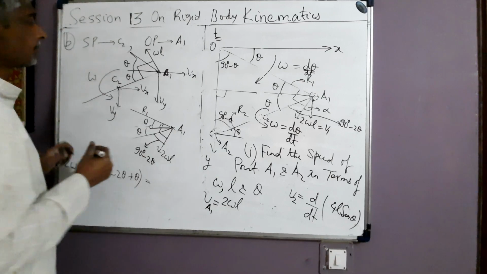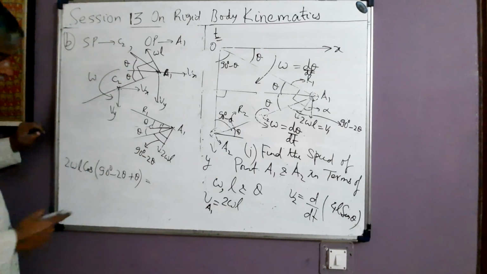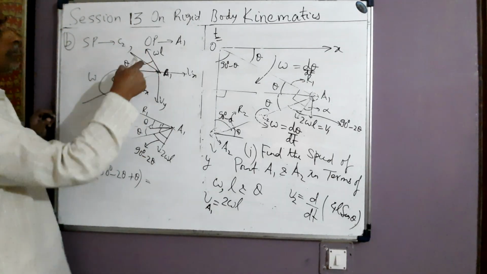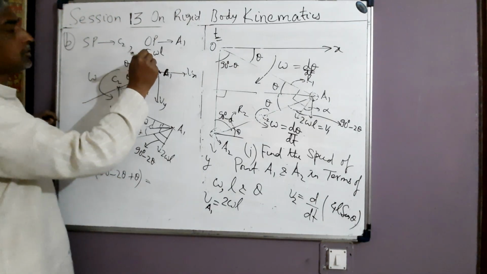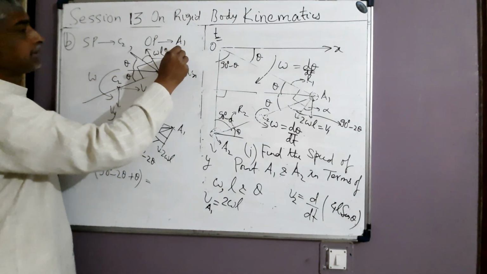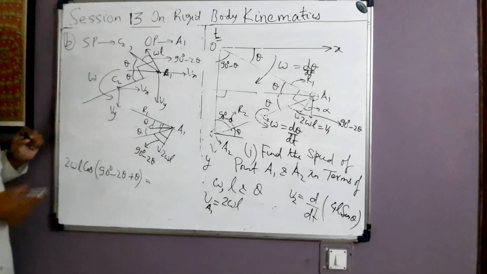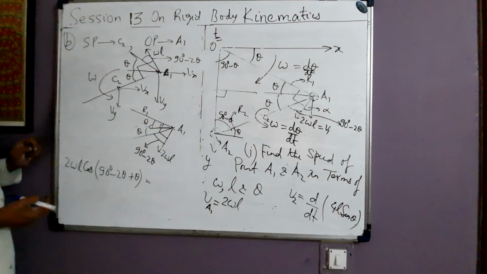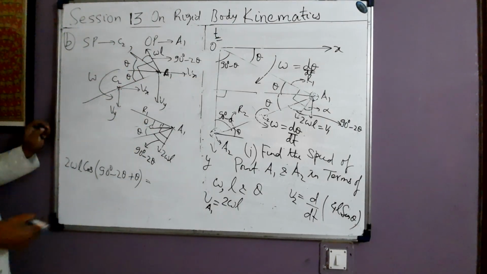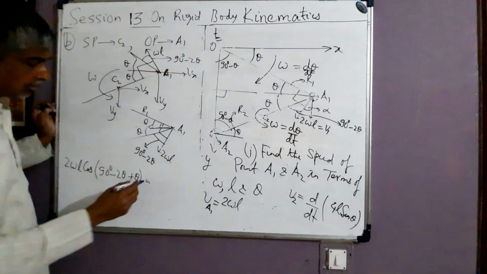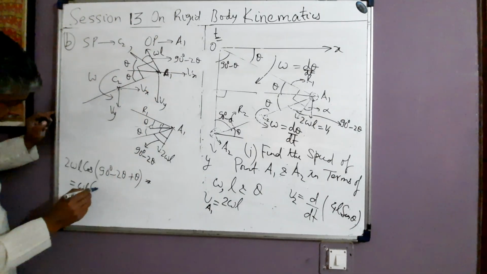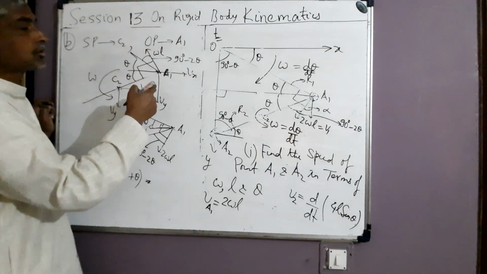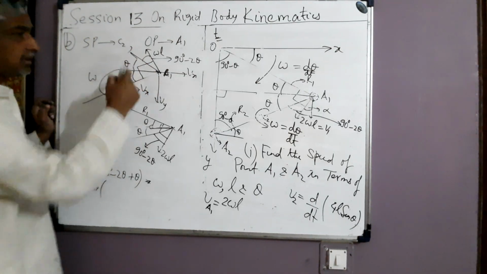So how much will this angle be? This will be written as omega L. Now this is 90, this is theta. This angle is also how much? 90 degree minus 2 theta. This angle how much? This one. Okay. Fine. So the x component of this will be equal to omega L cos of 90 minus 2 theta plus theta